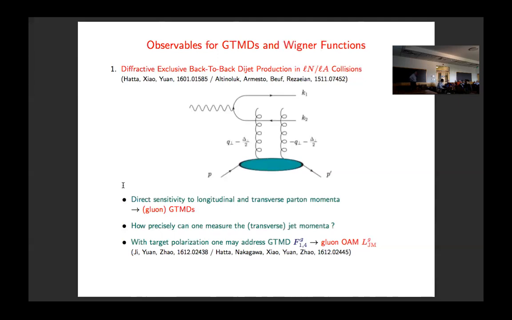There is in fact a diffractive digit production paper by H1, I believe, that actually exists. Yeah, there is data. Of course, in order to really narrow down your kinematics, you have to have a strong kinematic constraint. So we can talk.